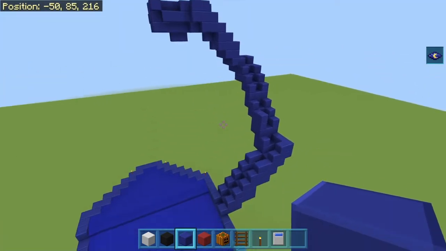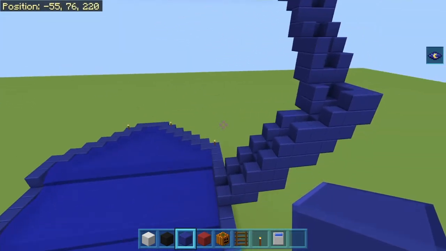So you can sort of see what we've done here. I'm going to fly over it in a few minutes. So there's still some finishing touches we need to make to it. And that's the underneath of the tentacle. That's right, the underneath of the tentacle is